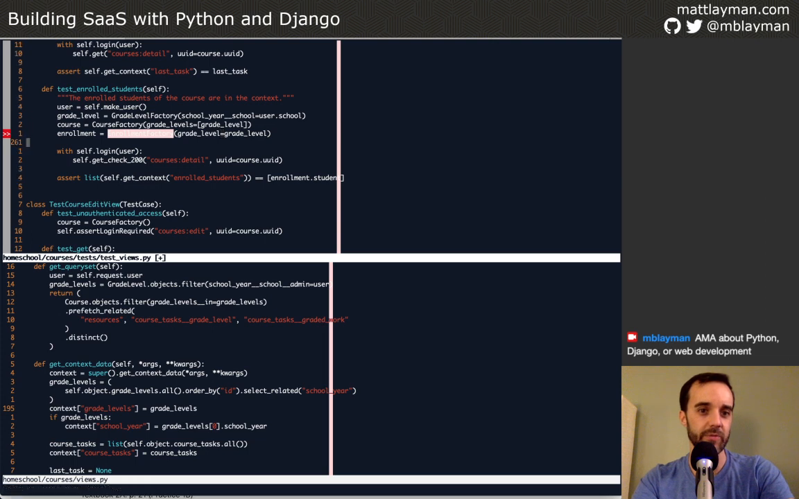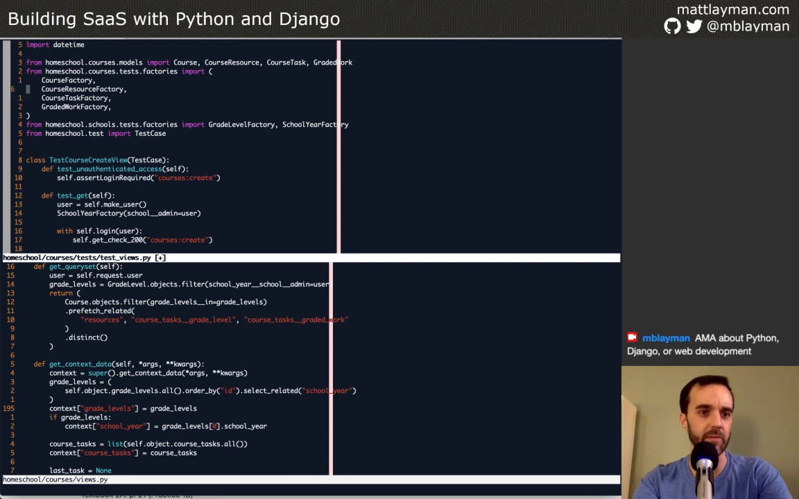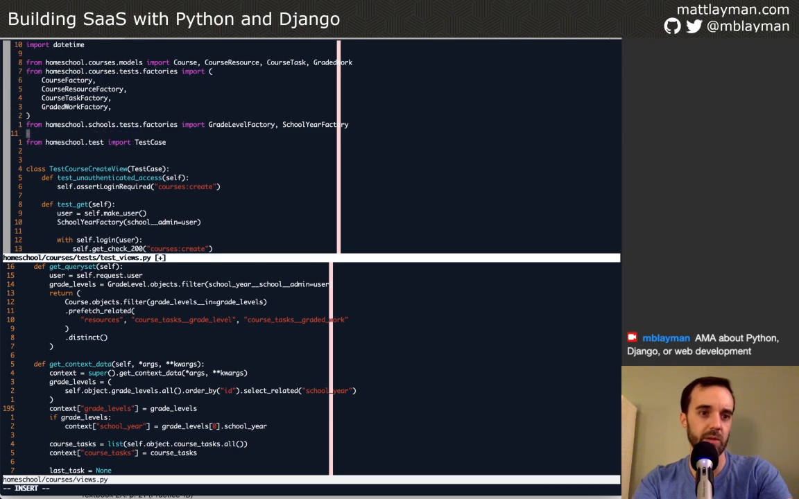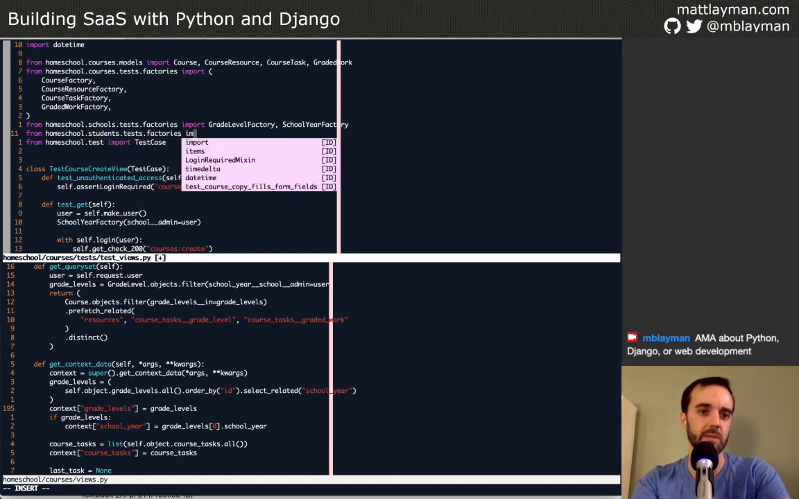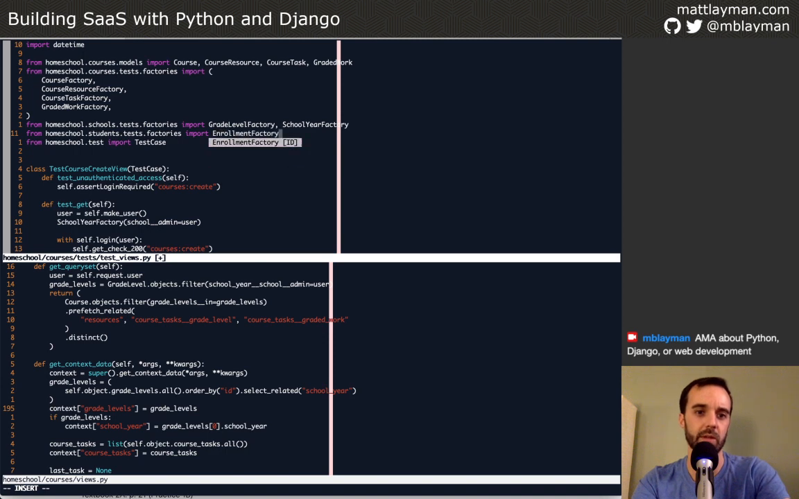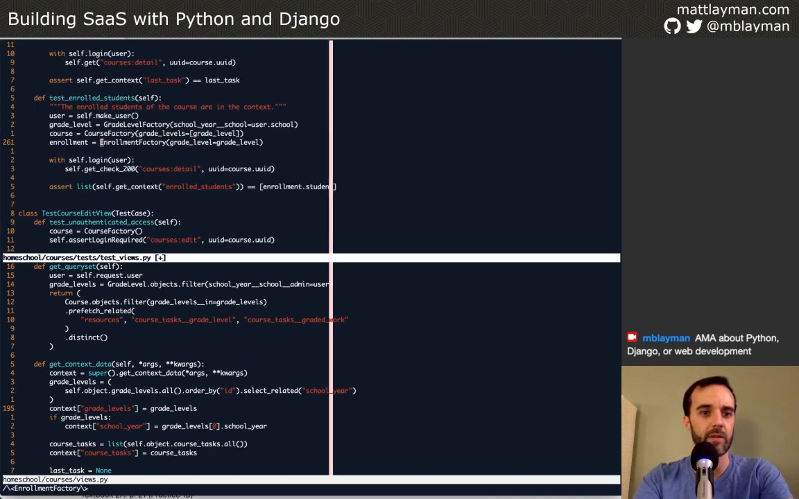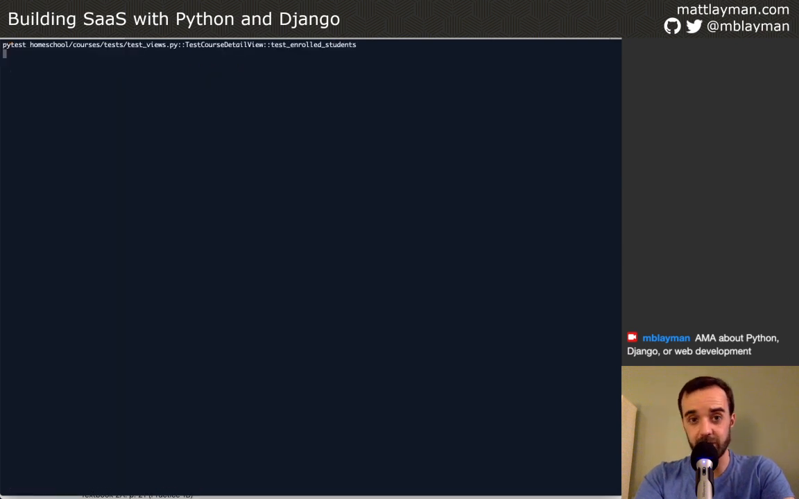So this says enrollment factory in that peach, which is missing, so we need to bring that in. And that comes from the students section. So come down here and say from homeschool students dot tests dot factories import the enrollment factory. And that corrects this. And so now when we run this test, I fully expect that this is going to fail